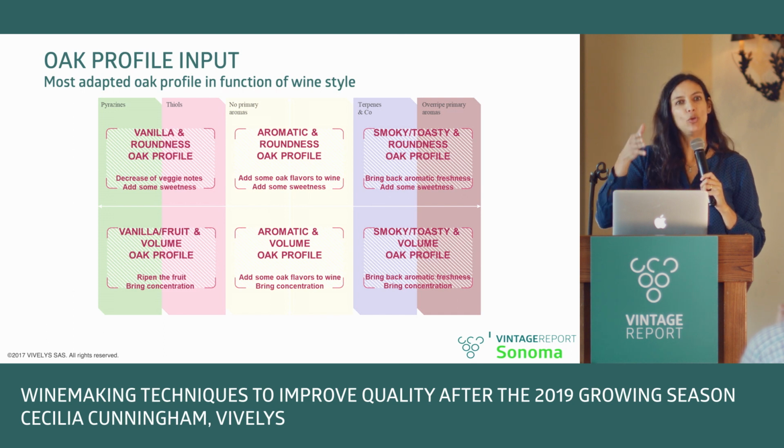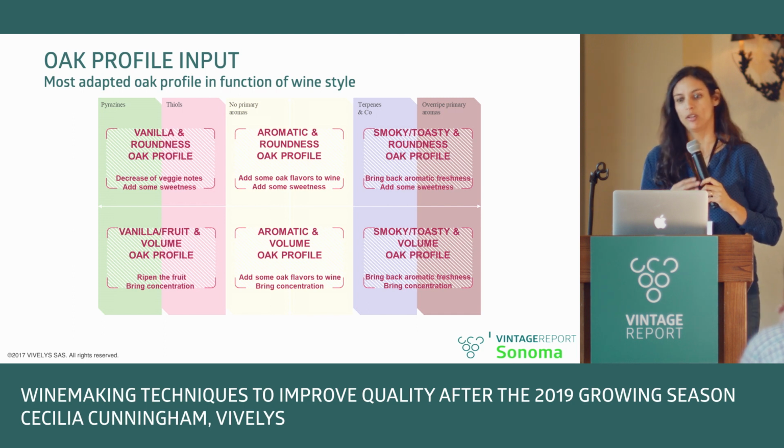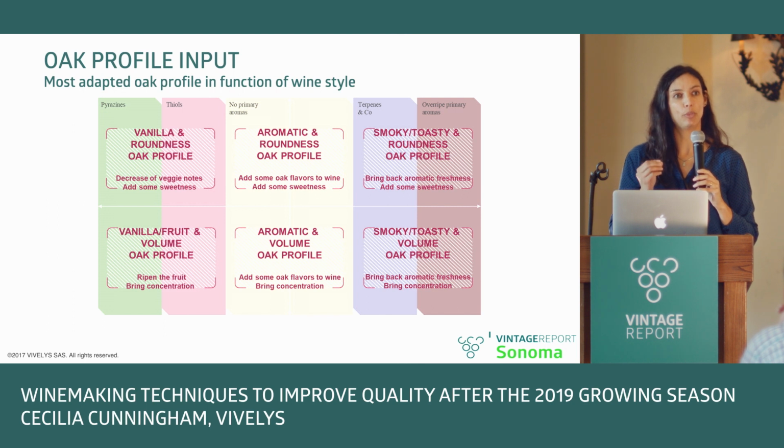When we are in this neutral, non-varietal type of window, we know that any style is just going to be an extra help. And we're going to see later we can generate some aromas during fermentation. Finally, for something that is going into the ripe or overripe, we have defined with our R&D that certain smoky, toasty profiles can help give the idea of a refreshment instead of always playing with the doses, but it can help us refresh the wine. So again, adapting to the type of initial grapes that we're having,